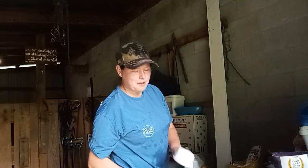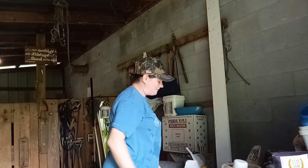For my rabbit people out there, my rabbit friends, are you all having a hard time getting a hold of rabbit feed? It has been awful trying to keep feed or to buy feed around here. The last batch of feed I bought, I had to buy Producer's Pride. I was buying it at our local feed store, and then they never had it when I needed it, and so the rabbits went a long time without any feed, and I was just giving them hay,